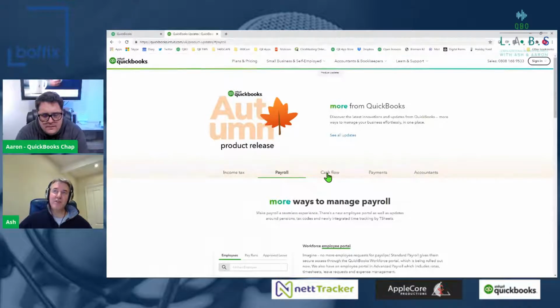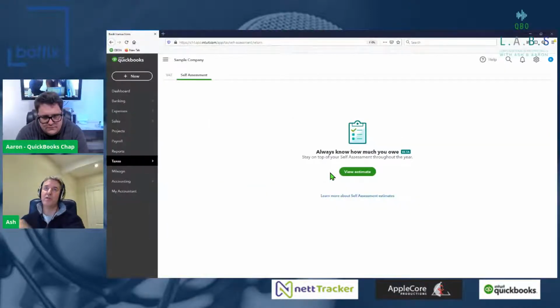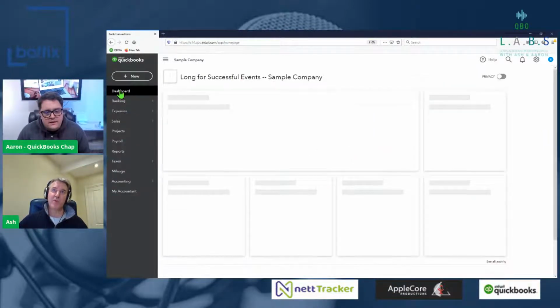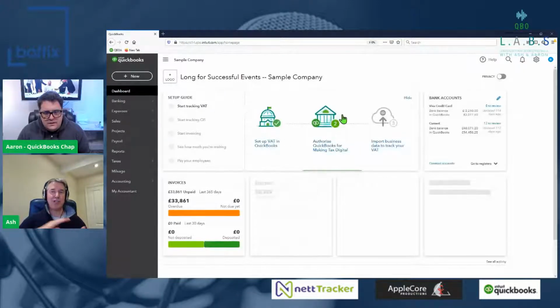Cash flow. If you've not used the cash flow tools yet, I will just pop back to my sample company. Within the dashboard, right at the top, I won't at the moment have any little cash flow graph.